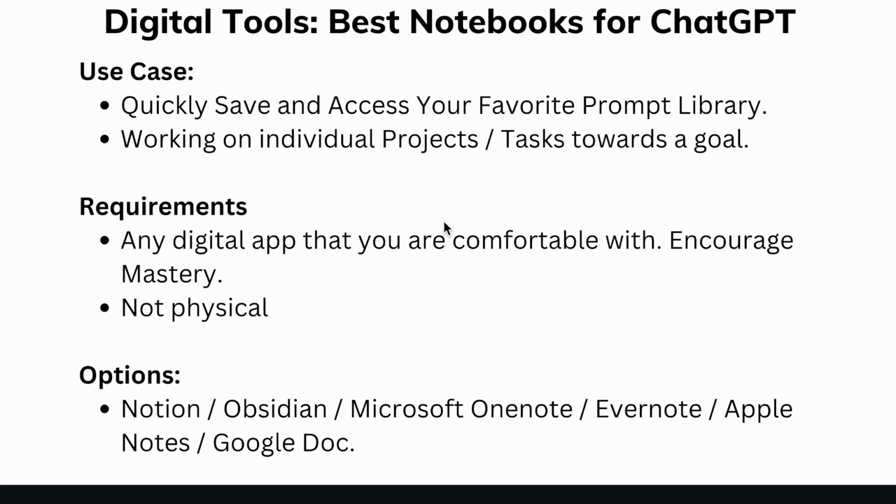The first one is so that you could quickly save and access your favorite prompts to create your own library, because you're going to come across a lot of prompts. And even as you're working, you're going to be like, oh, I like the way this prompt is crafted. I want to use this over and over for whenever I have to do this task. That's why you want to save it in your digital notebook, so that you could quickly reference it when you